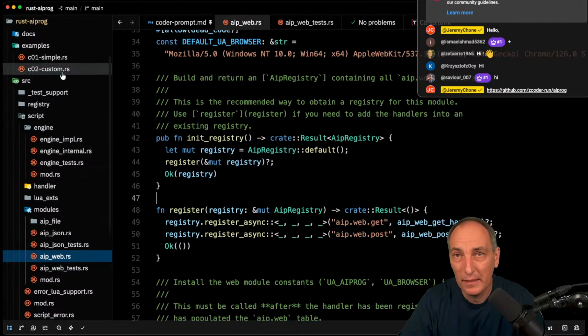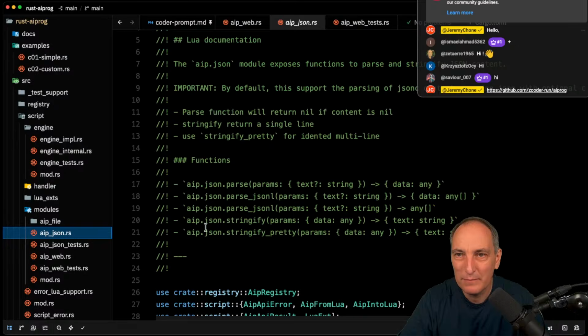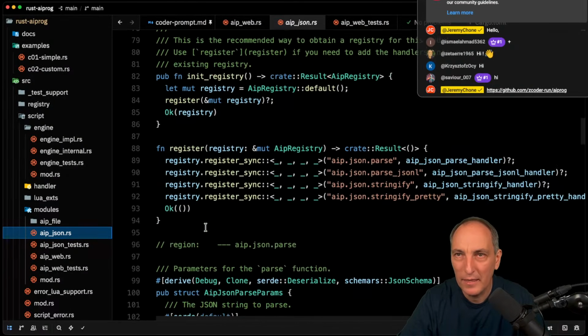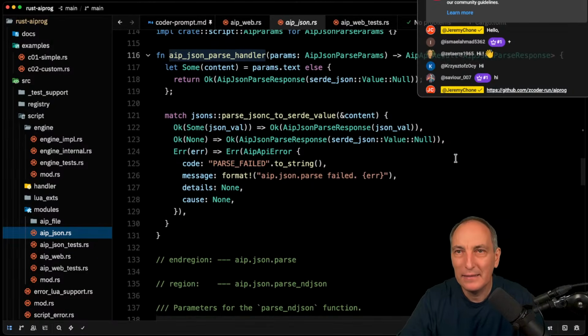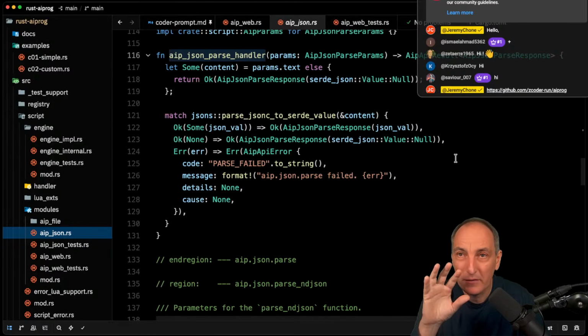They are not stuff. So if I go back there, what's happening here is we do the aip.json.parse. And so that is this module. And this module, so this is also a type, init registry, and that is this guy. And that is this guy. Now that looks simple and very boring, and it is, but it's very powerful